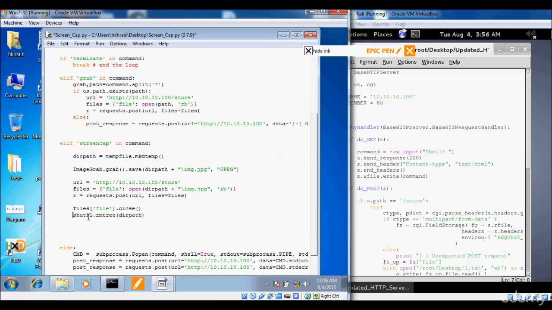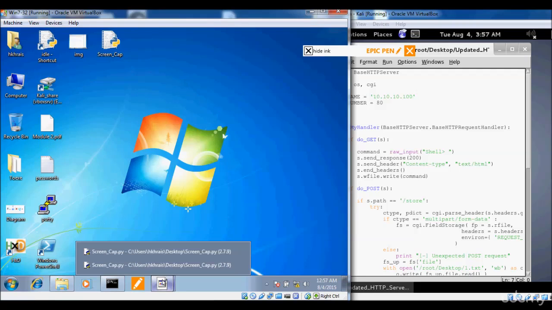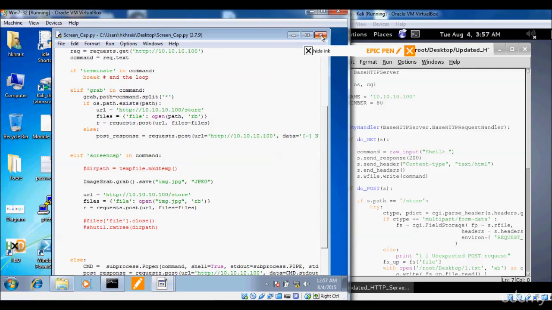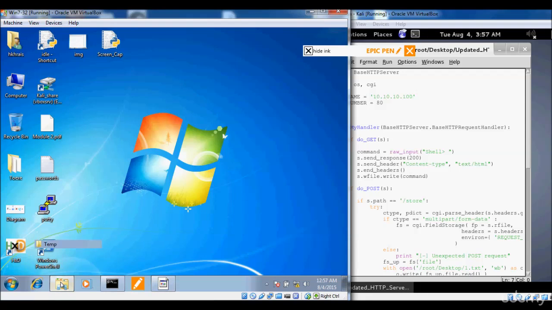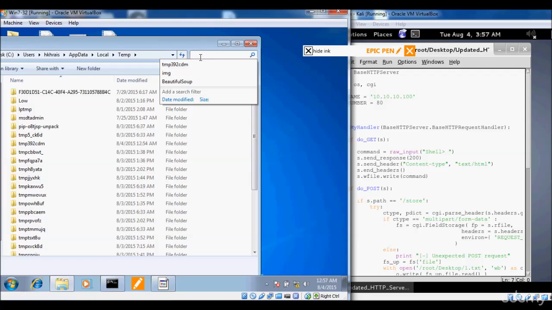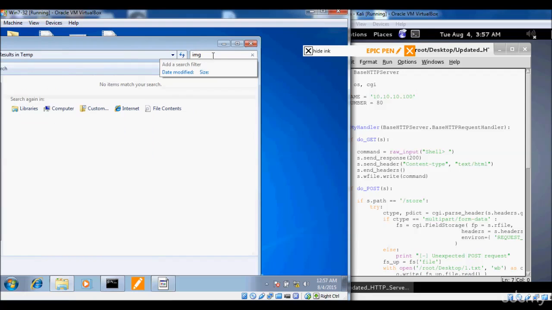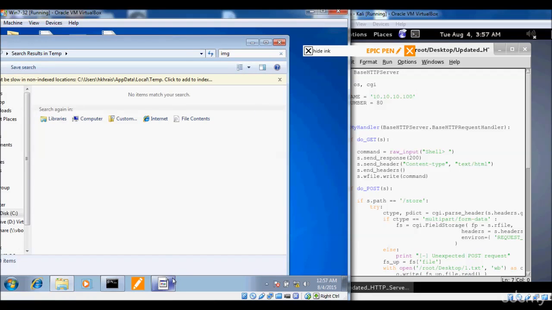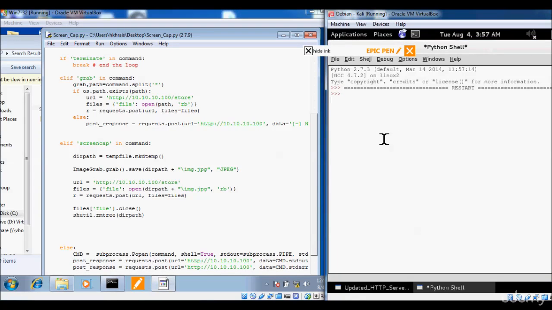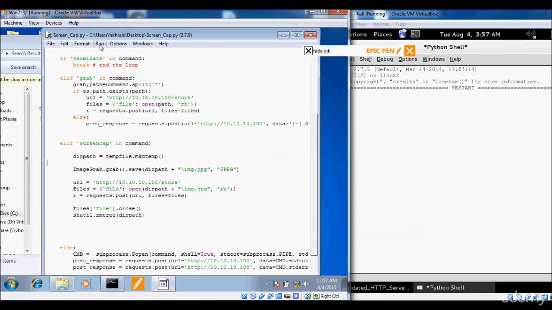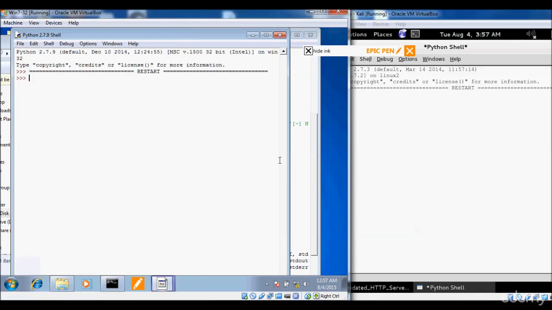Last thing, once the transfer is completed, we have to make sure that the file gets closed, since we cannot remove a file that is currently opened by an application or a process. Then, we will delete the whole directory. Okay, let's give it a try and verify that we didn't leave any trace behind. So I will filter on img, which is the file name, and we will see if anything shows up. So I will start the target side here,